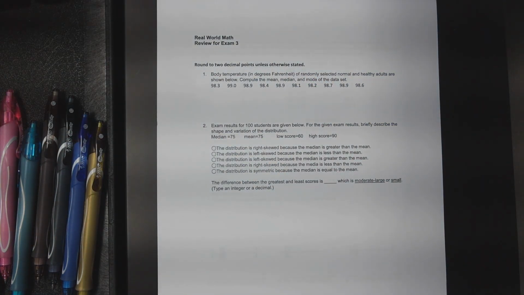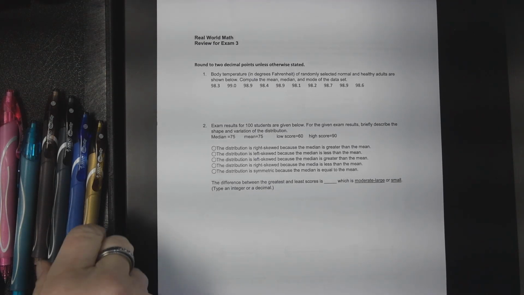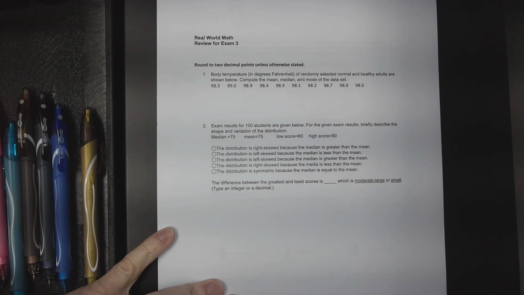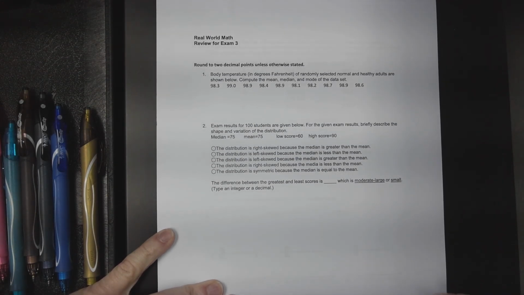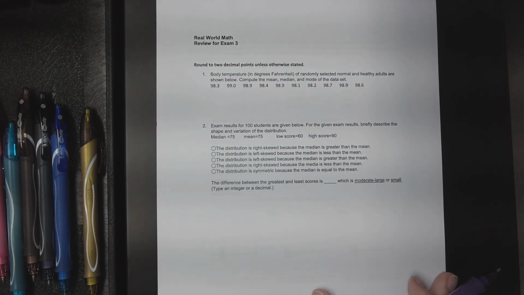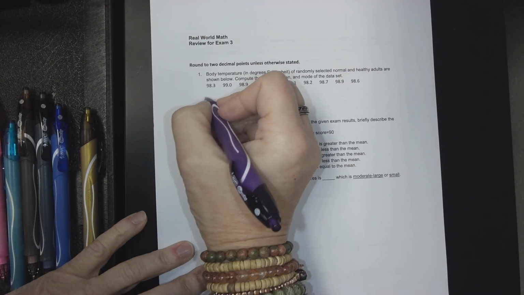Okay, so we are going to do review for exam 3 today. So the first one is the body temperature in degrees Fahrenheit of randomly selected normal and healthy adults shown below. So these are our temperatures, okay? So the first thing that we're going to do is put them least to greatest, which is going to be